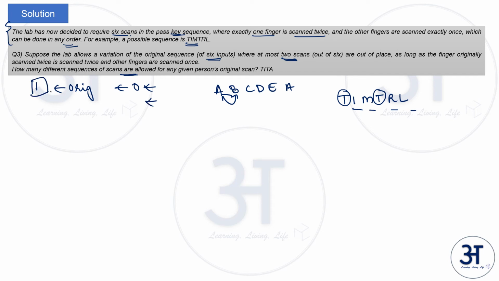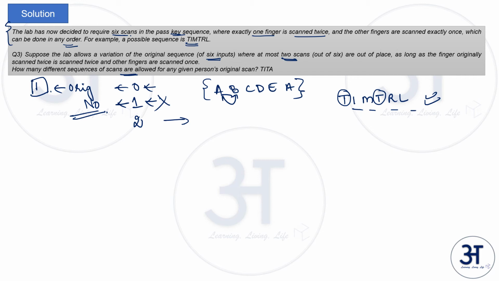Then can 1 be out of place? Is it possible for 1 to be out of place? No. As we have seen before, if 1 is out of place, something else must take its place. So it's not possible for 1 to be out of place. Then there is a possibility for 2 to be out of place. So now, in how many ways can 2 be out of place for a sequence of 6 where one of them is repeating? You can take A, B, C, D, E, A, or I, J, K, L, whatever you're comfortable with.